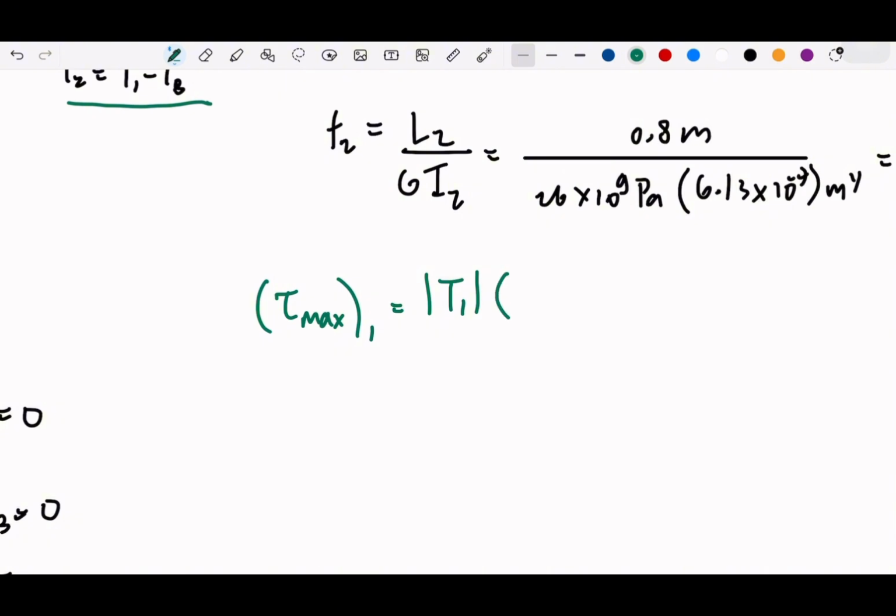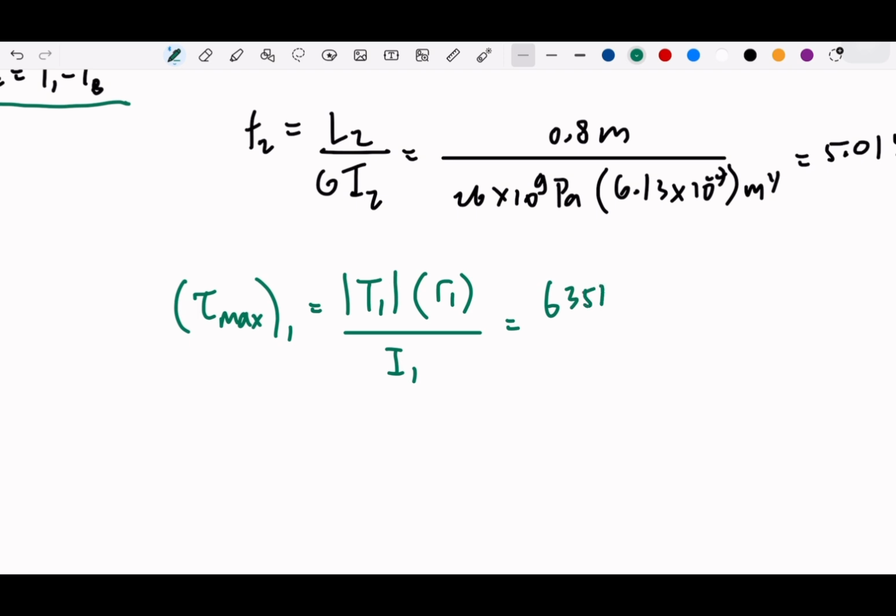And then this will be the radius, let's say radius 1 divided by the inertia, just that. And this is most likely to be asked, right? So we can use the information given, just put the number, and we get the result is around